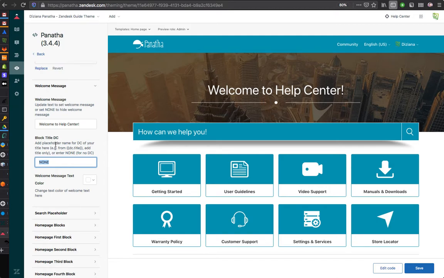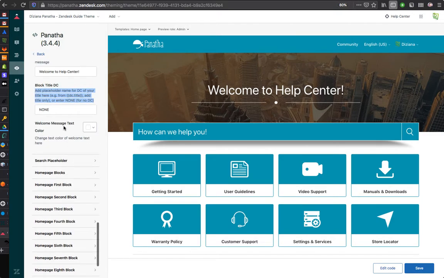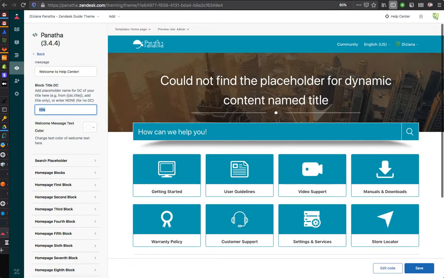So you create a dynamic content placeholder, and then you add different variants. Like for this message, you add an English variant, a French, Japanese or Chinese variant. Once your dynamic content is created, you get a dynamic content placeholder name in this format. What you have to do is just copy this part, dc.title. So let's say your dynamic content was named title, you just copy this part, title, over here, and then the help center would pick the language or content from the dynamic content.